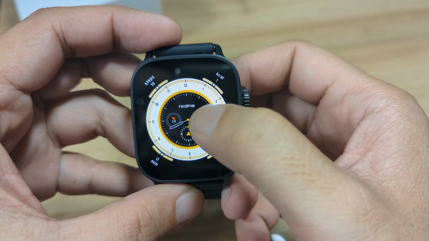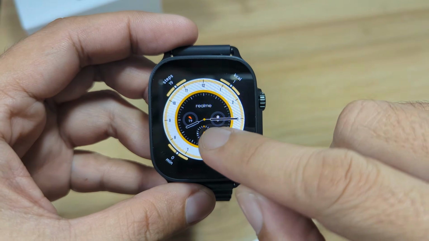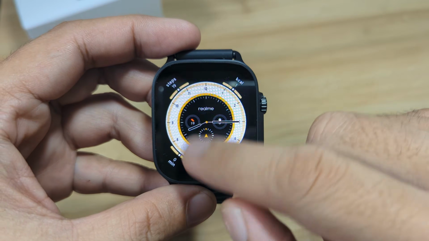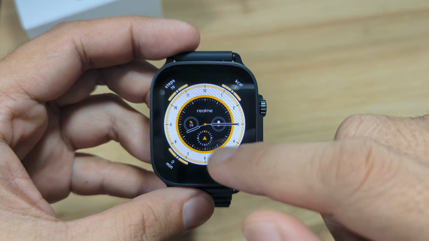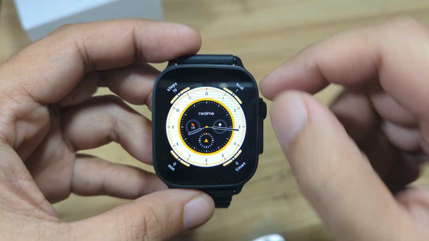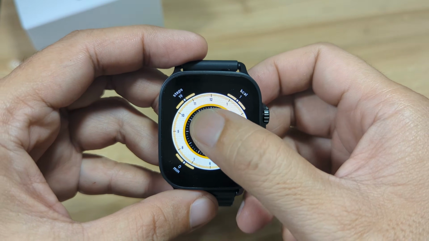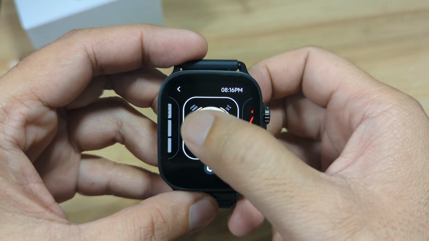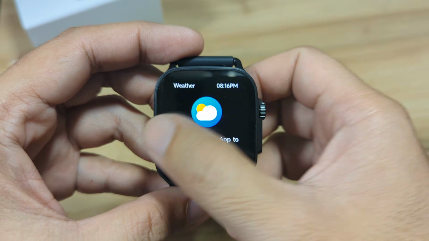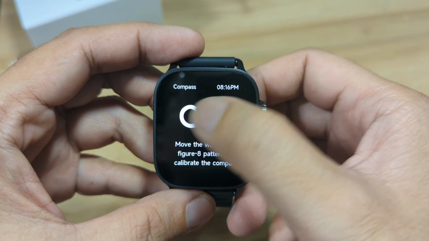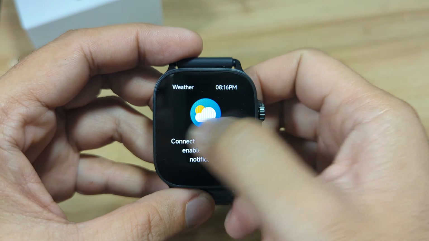Okay, so it's not working for this one. I guess because there's a hand on the icon. Well, this one is okay. Let's change it to the first one. So this one is easy to use. Just tap on it and we have here the watch face or the function.